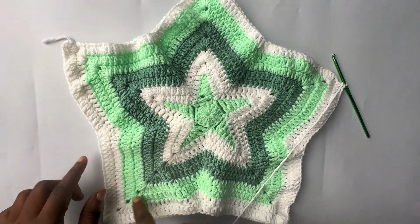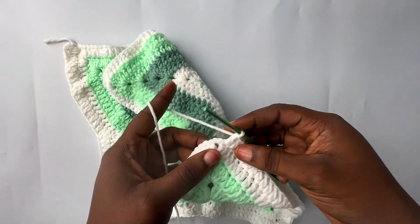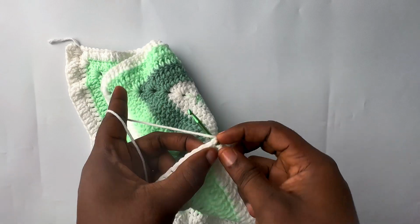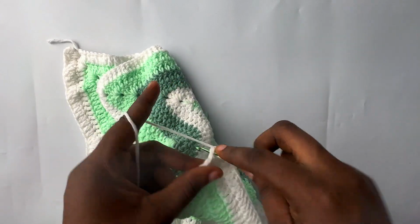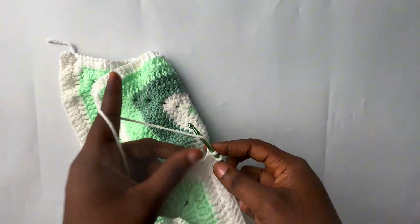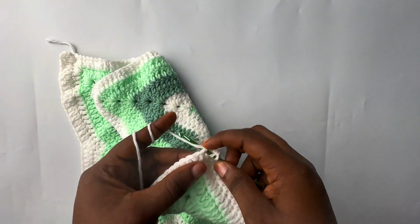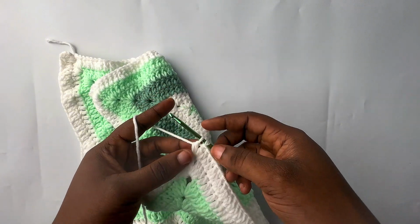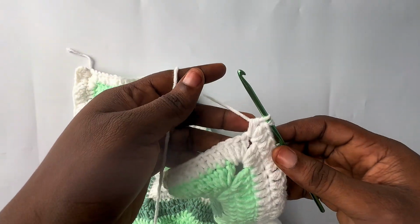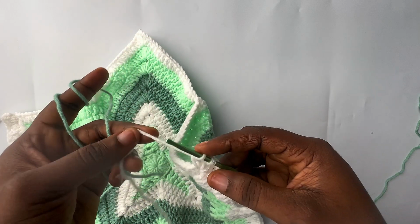I've worked my way round and I'm at the second side, which is here. I'm now going to place 3 double crochet into the chain space. But I won't be finishing the third one because I would attach a new color to continue making the border. So now I'm going to go in with this color